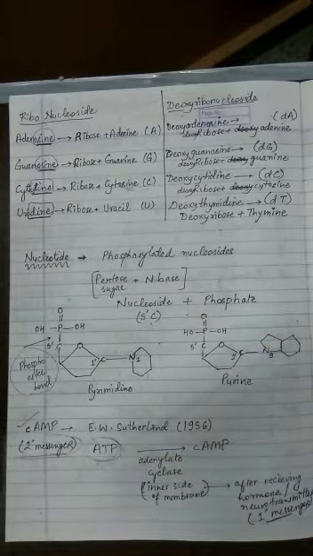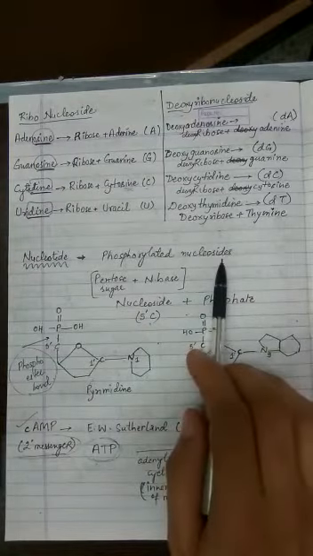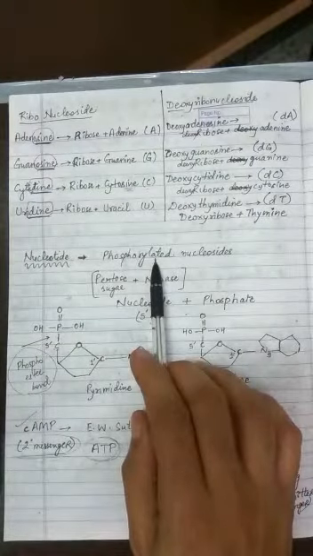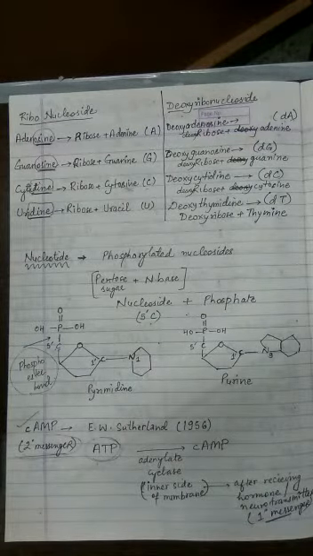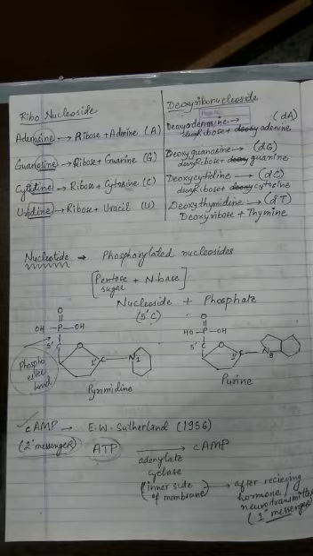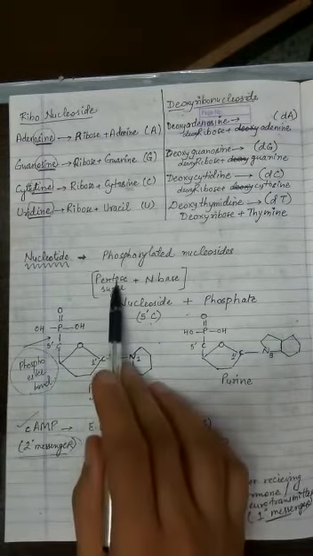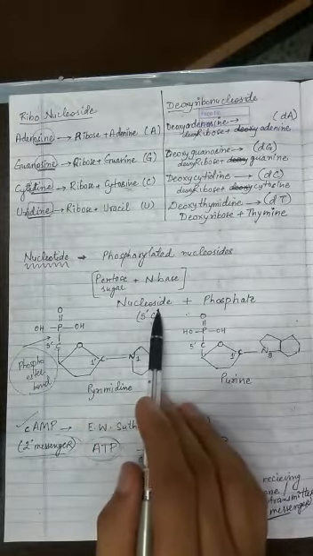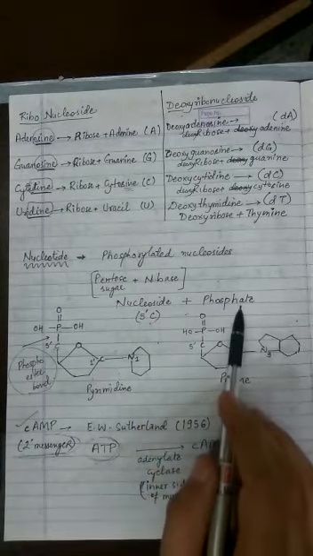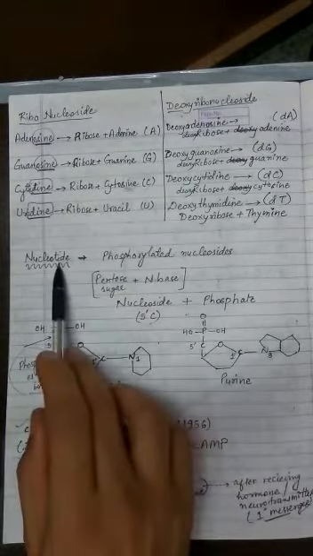Now in the same manner we will have the nucleotide formation. Now how is a nucleotide formed? When a nucleoside undergoes phosphorylation, that means attachment of a phosphoric acid or phosphate group, it is called phosphorylation. You have learned this definition in the 11th class, photosynthesis and respiration. So whenever phosphorylation occurs to the nucleoside, it will change into nucleotide. So a pentose sugar plus a nitrogen base, this is nucleoside. And when this nucleoside attaches to the phosphate group, it will turn into nucleotide.